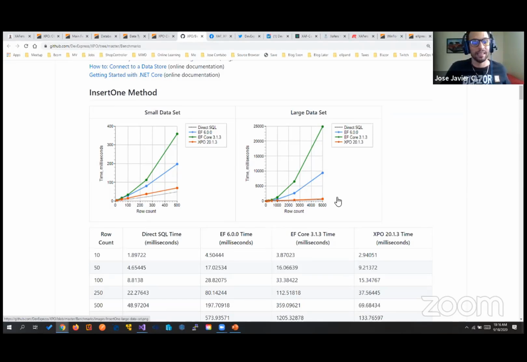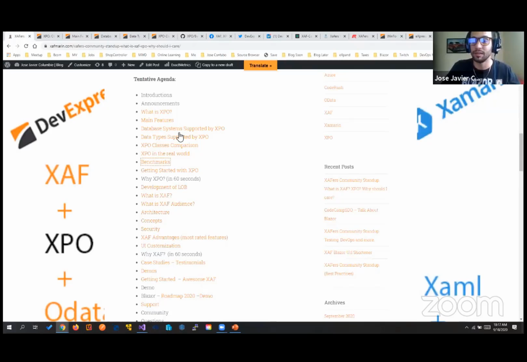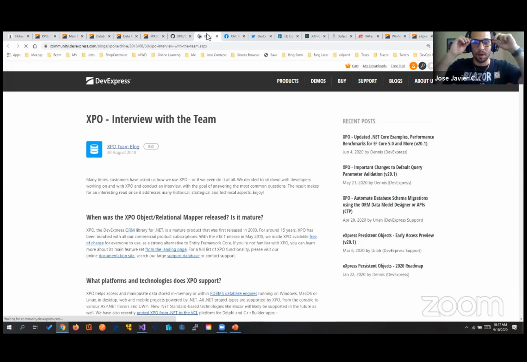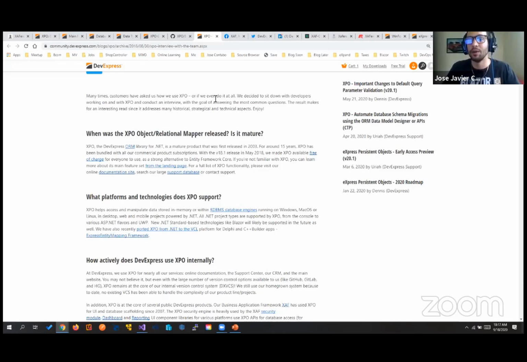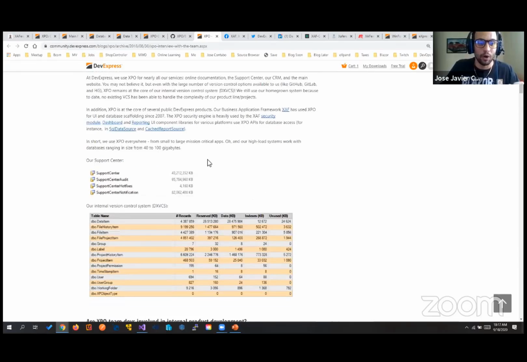So definitely XPO is performant, is controllable, is a great tool to have in your toolbox. Let's quickly review this. It's a nice article about XPO, where DevExpress is using XPO in their own products. They are handling databases ranging from 40 gigabytes to 100 gigabytes with no